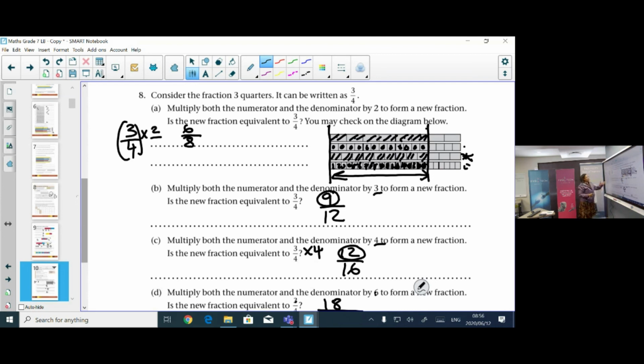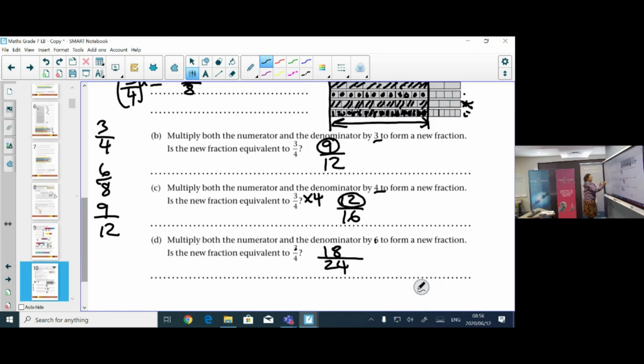To summarize, we have shown that 3 over 4 is equivalent to 6 over 8, it's equivalent to 9 out of 12, and it's equivalent to 18 over 24. So we have highlighted all the equivalent